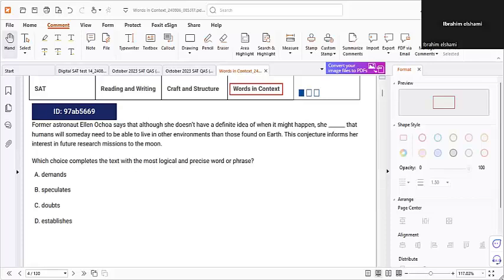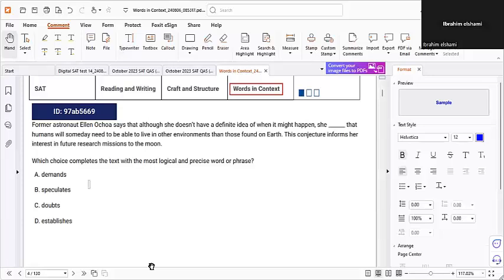Option B, speculate, actually means predict. Speculates means predict the occurrence of something, meaning someone expects, predicts or expects that something will happen. Demands is like asking for this thing. Mister, I think it's B.